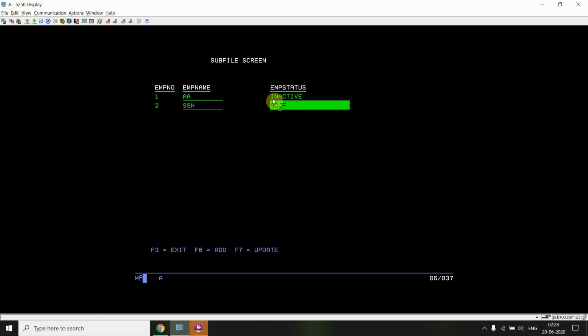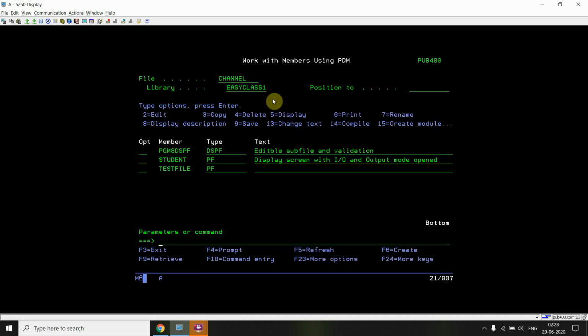Now I'm marking it as active. Okay, and pressing F7 says that multiple records updated because I have changed the values of both the fields in sequence. Multiple records updated, and now there is no reverse image, and the cursor by default points to the first field. Okay, so that was the demo of this one. You have already seen the demo, but how we can achieve this, I'll be letting you know.